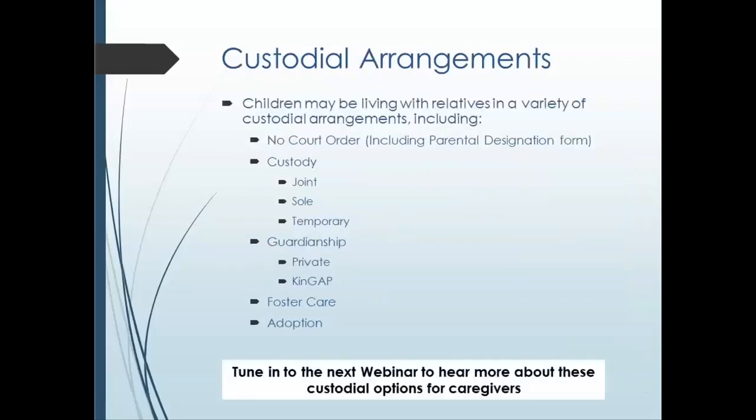When we're looking at custodial arrangements for children, it's important to note that there are many different options for caregivers, and as we talk about financial benefits, some of these are important for us to note in the very beginning of this webinar. We see families that are in informal care where they have no court order. They've not been to family court for any reason. They might have a parental designation form that gives the caregiver some decision-making authority on behalf of the child. They may have gone to family court and gotten custody, whether it's joint with the parent, temporary custody, or sole custody. They might have legal guardianship. They might have gone into foster care or transitioned from foster care into KinGAP or kinship guardianship,